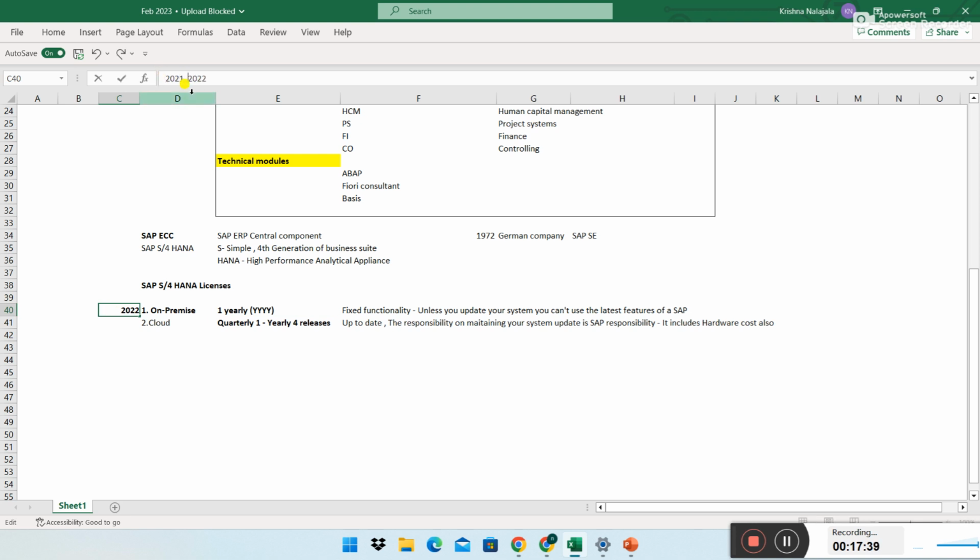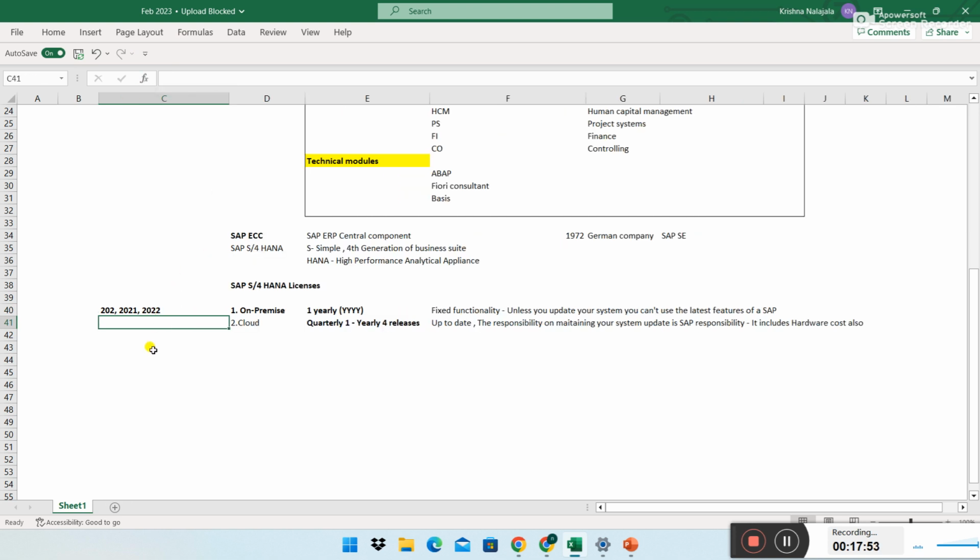Every year has one. Let's say you have been doing business for the last 10 years, and maybe you buy the SAP on-premise license 2020.